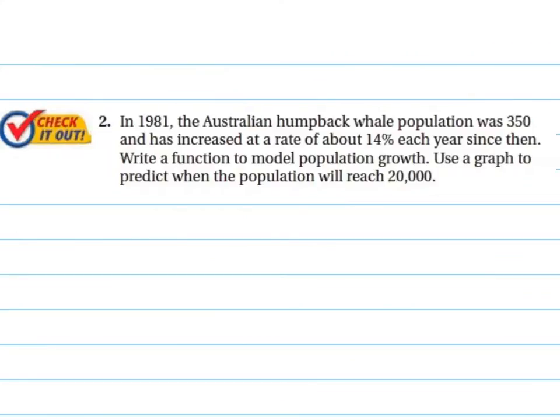Alright, so here's another question. Let's read it. In 1981, the Australian humpback whale population was 350 and has increased at a rate of about 14% each year. Write a function to model population growth. Use a graph to predict when the population will reach 20,000. Alright, so let's break this down a little bit. First of all, let's start with